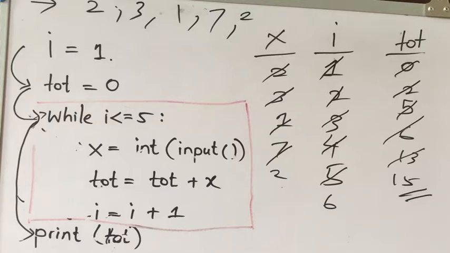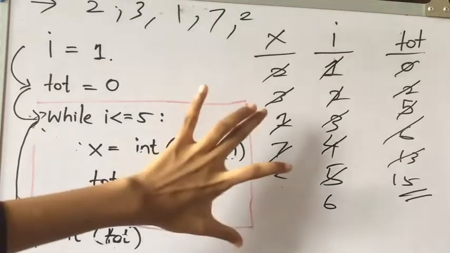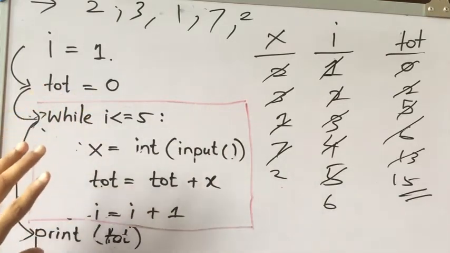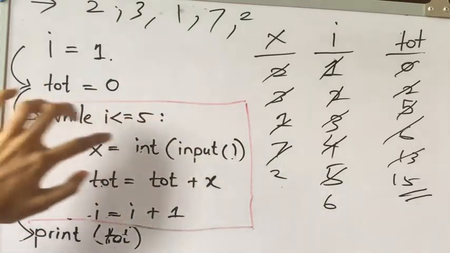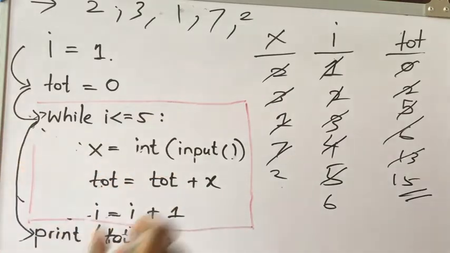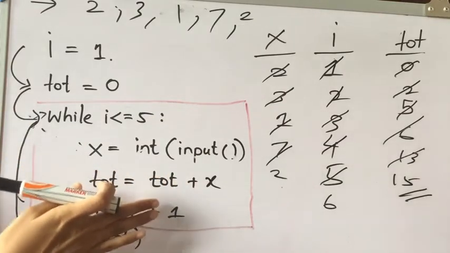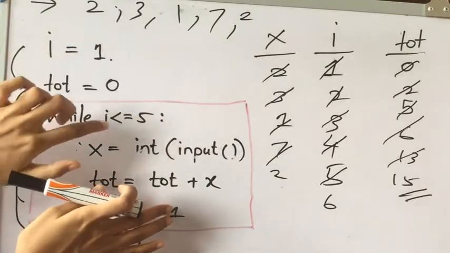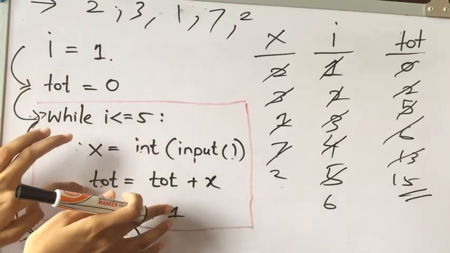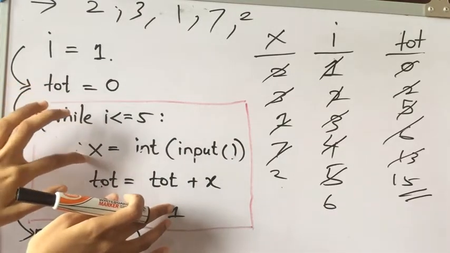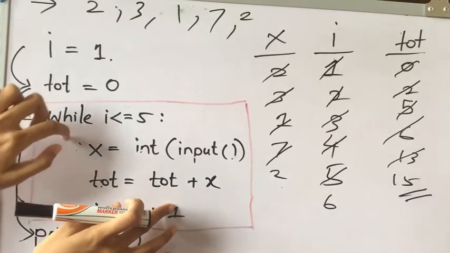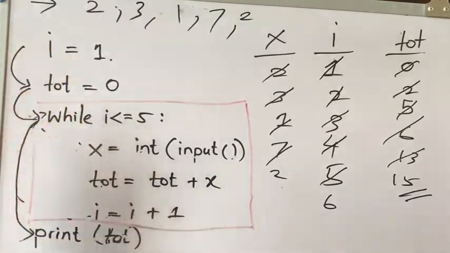So I've explained this code just to give an understanding of how while loops work. Remember, inside this loop, the value of I should be changed. Otherwise, it is just going to be the same value. Just imagine if you don't have this line, what happens? I's value is initially 1, less than or equal to 5, and it will do these 2 steps. Again, it will go to the top, again get an input from the user and complete. Again it will go to the top. Still the I's value is 1. It is never going to stop.